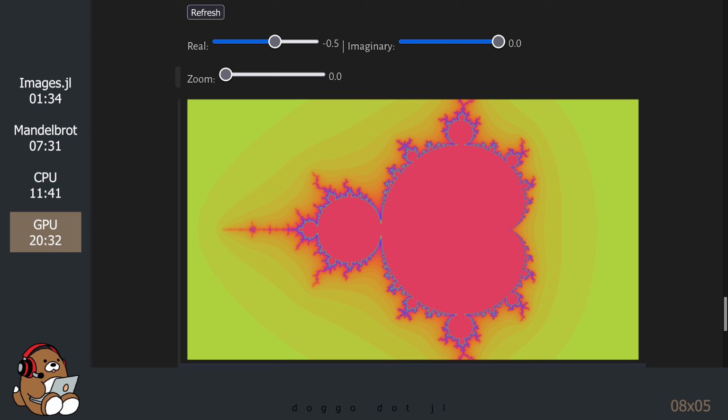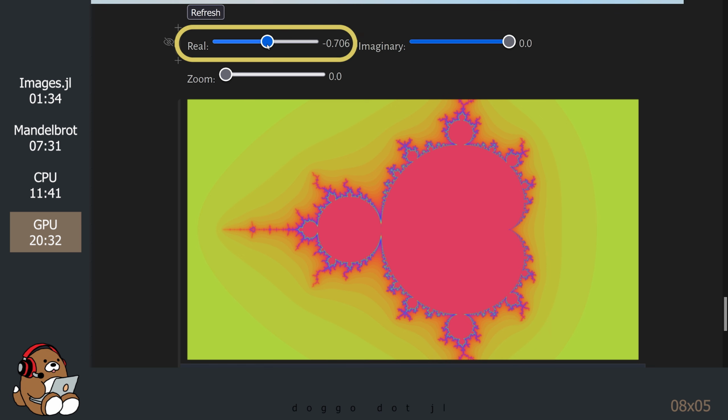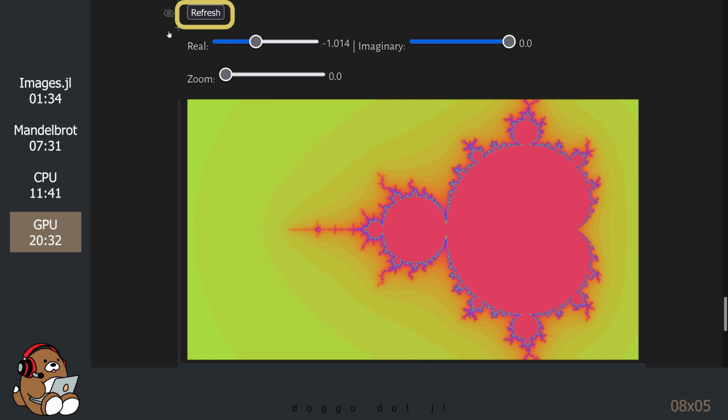Pretty wild, right? Every time you move the sliders, the values in the matrix will recalculate automatically in the GPU. But this image will not refresh automatically. You need to hit that refresh button to see an updated image.